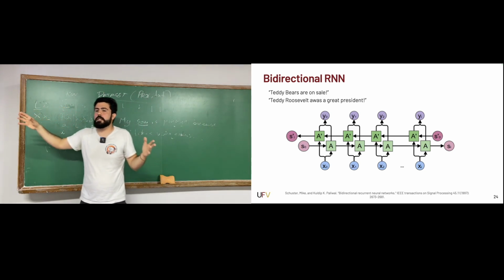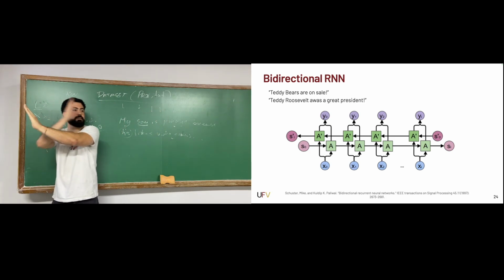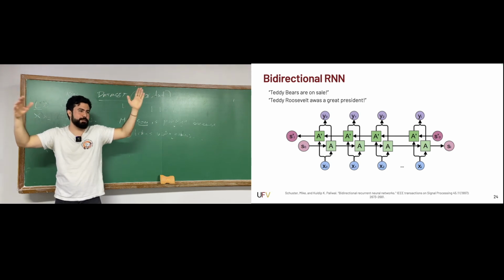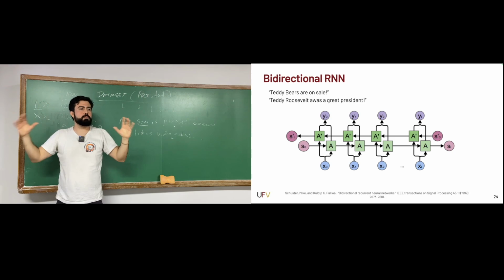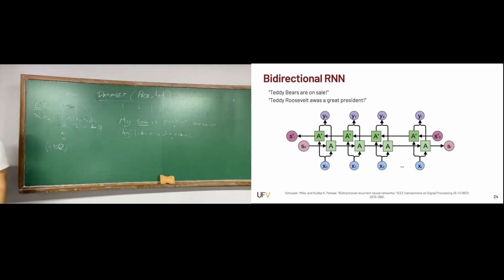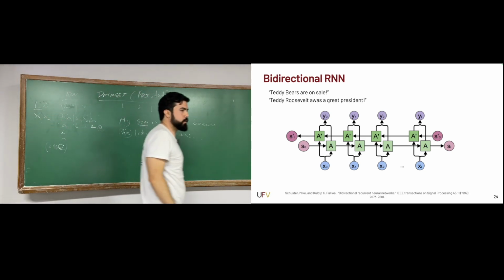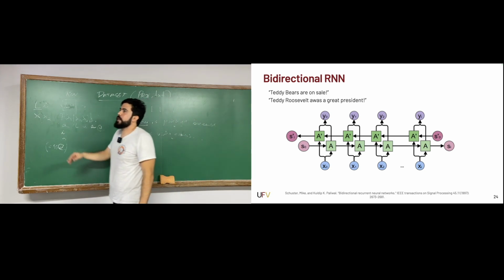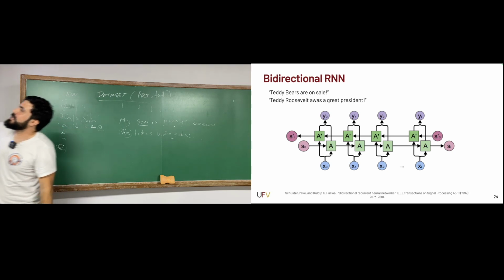But to make this work, you have to do this from left to right, then from right to left, then you can concatenate, because you need the whole sequence completed to be able to do this. You can't do this one step at a time, both sides. You have to do first left, and then do right, and then you concatenate everything, and then you do your output. So this is very useful for, let's say, named entity recognition, because this way now, for example, when you